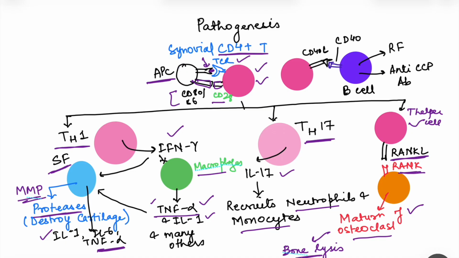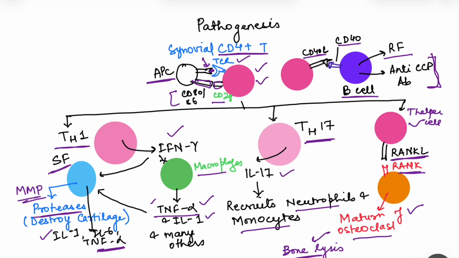Also, this T helper cell interacts with the B cell by means of the CD40 receptor on the B cell and the CD40 ligand on the T cell, and this leads to maturation of the B cells and release of certain antibodies, that is rheumatoid factor and anti-CCP antibodies. Now, these anti-CCP antibodies are directed against proteins which are present in the joints, for example, vimentin, collagen, and some